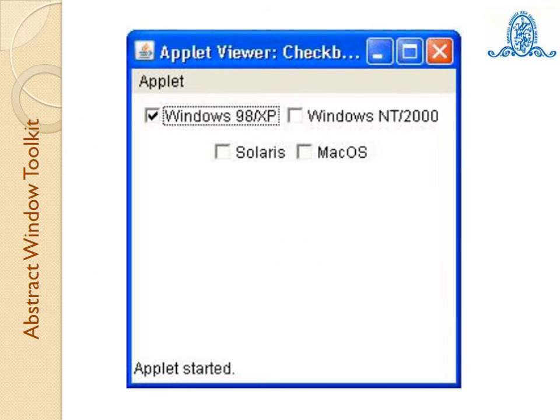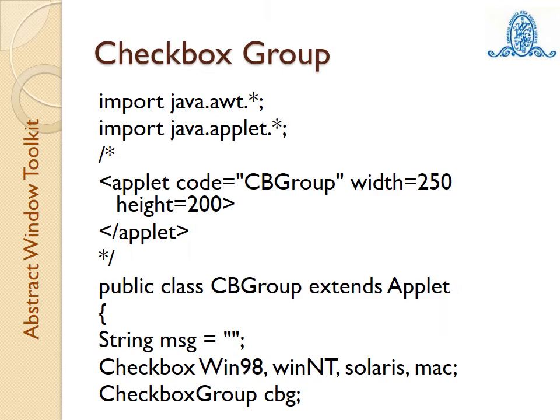If we execute this program, then we will see the output like this. Here four checkboxes are displayed, that is Windows 98/XP, Windows NT/2000, Solaris and macOS. Out of these four checkboxes, the first checkbox is checked because we are using the value of on as true for this checkbox.